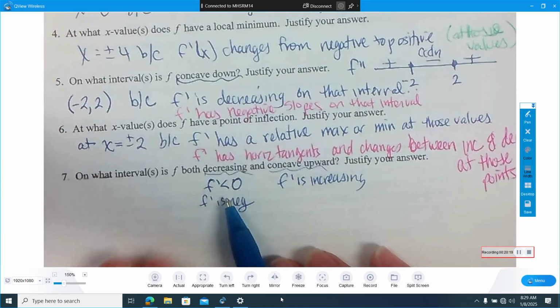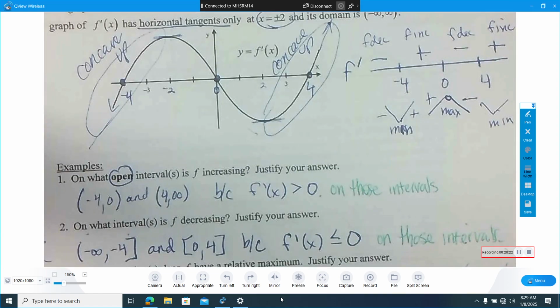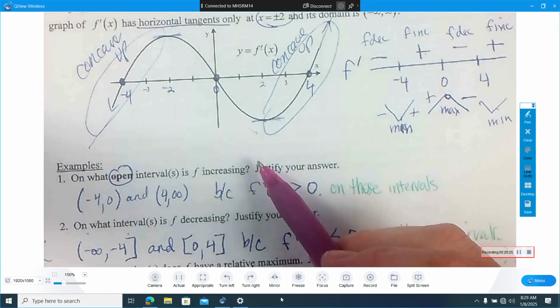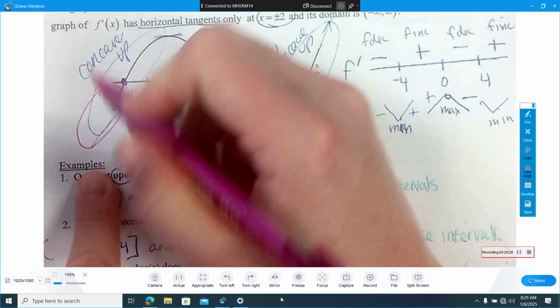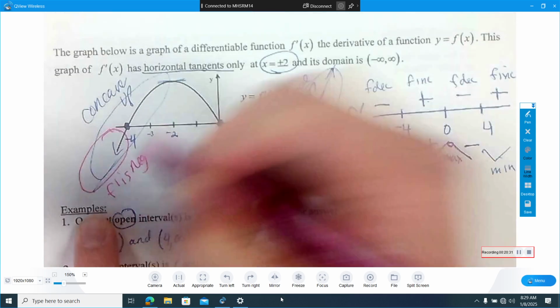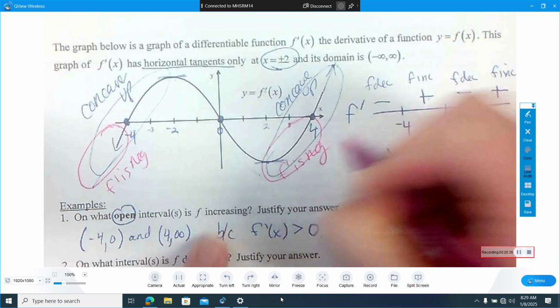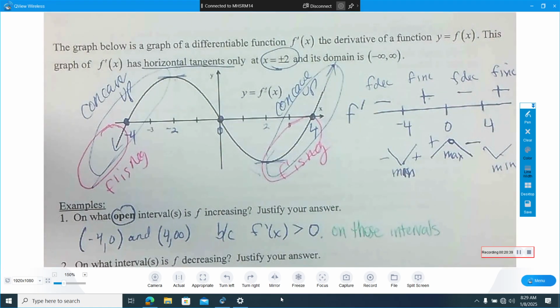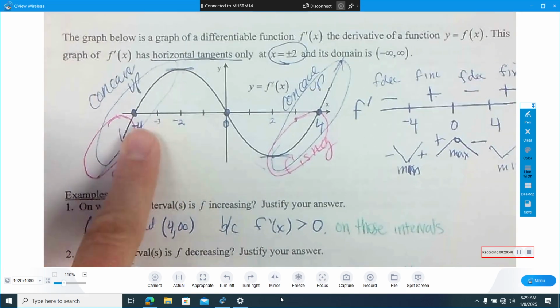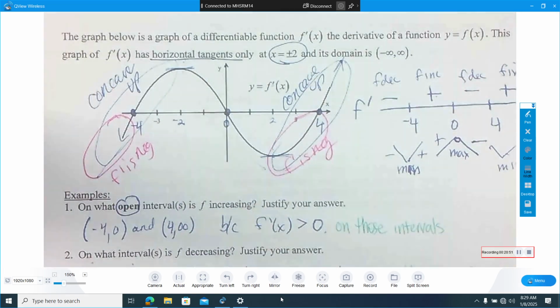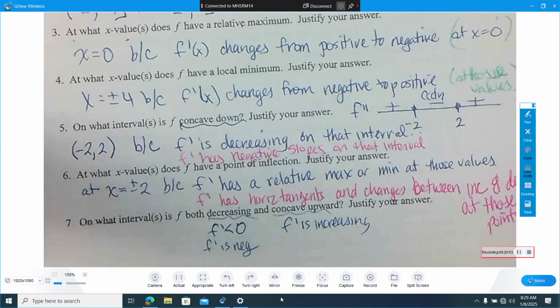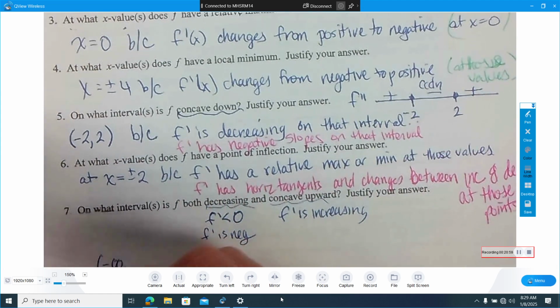So what we need is where is our graph negative and where is it increasing? So right here, f prime is negative, and also here f prime is negative. And so you can see graphically, where do they overlap? Where are we negative and our function is increasing? Negative infinity to -4 and 2 to 4. All right. We could combine a sign chart too. All right. So negative infinity to -4